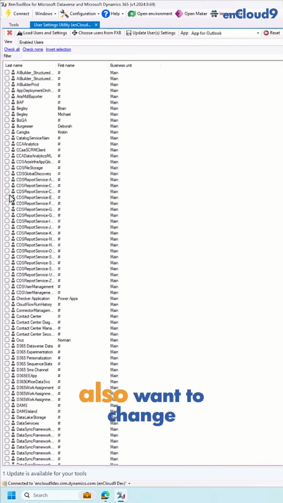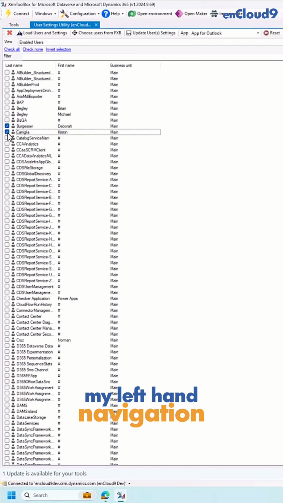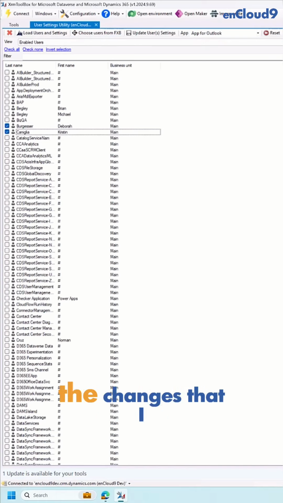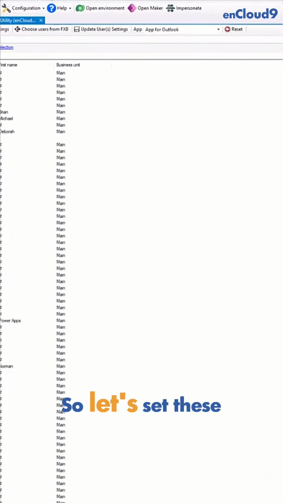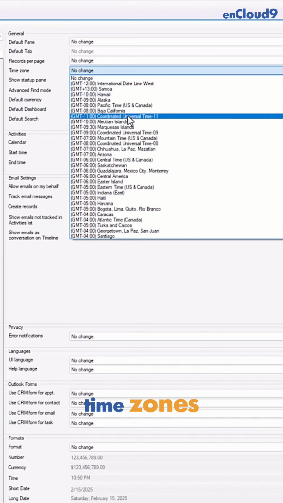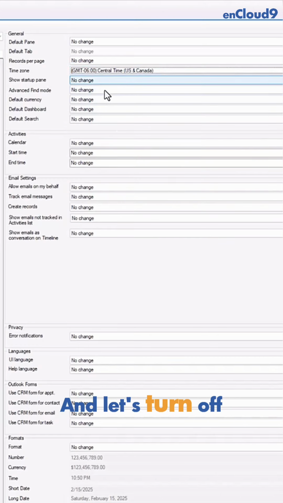Now let's say I also want to change settings for more than one user at the same time. I would just go into the list on my left-hand navigation, choose the two users, and then make the changes that I want to be set for these users. So let's set these two people's time zones to Central Time, and let's turn off or